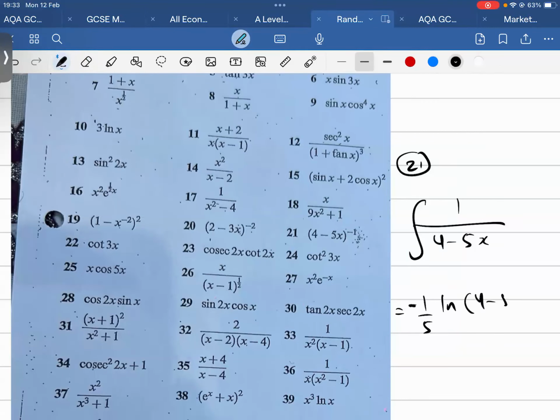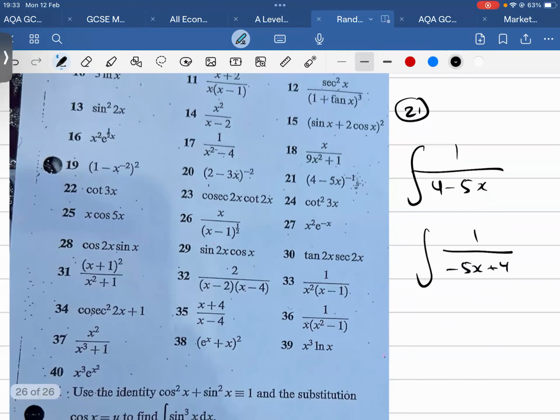Then 4 minus 5x. Oh wait, yep. I know how you got 1 over minus 5, but write it like this: 1 over minus 5x plus 4. It's the thing in front of the x. The 4 doesn't matter. So it's minus 1 over 5, and then that's the outside, and then integrate that is just ln